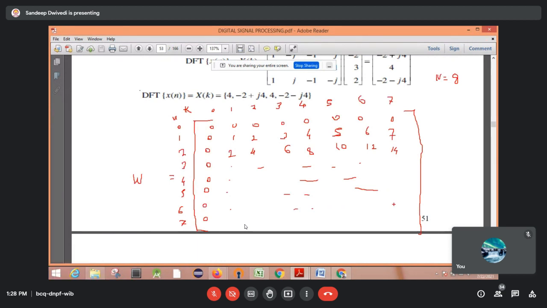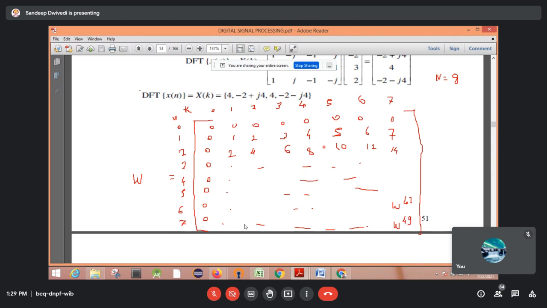Okay, so here this last element will be what? 49. With 6 you are multiplying 6 into 7, so this will be 42. Okay, for this one. For 7 the last element will be 7 into 7, so that will be 49. With this row you are multiplying to all the columns, so the first element 0, then 7, then 14, like this, and last will be the 49. Okay, now how to calculate all these values?